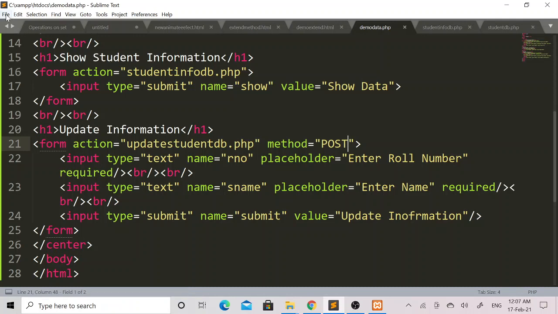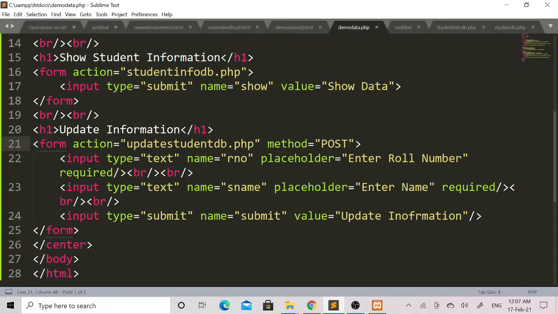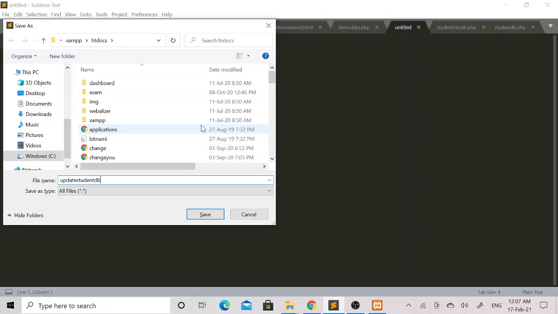Now I will create a new file. I will name this file update student db.php. All the PHP files I will include in the htdocs folder of the XAMPP folder.